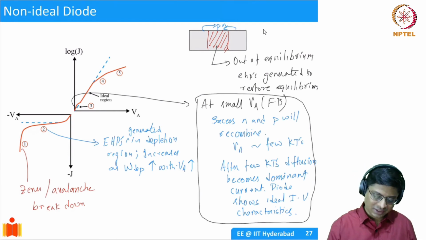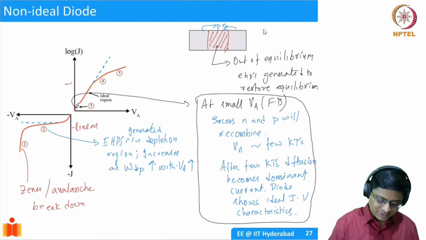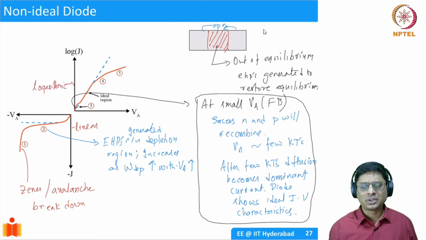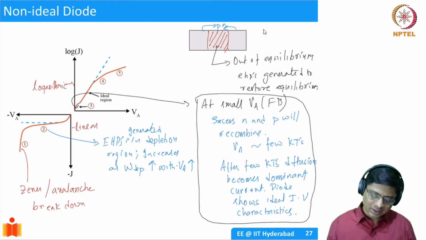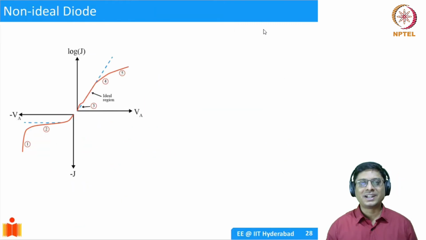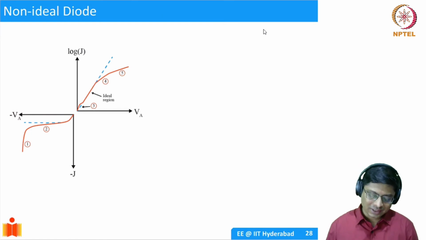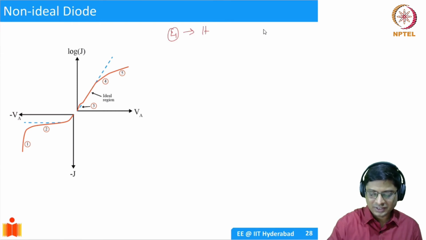And remember, this is linear, and this is logarithmic. So you will not see much of a change. It's going to be a small, tiny blip at small gate voltages, and then you have the ideal current voltage relationship. Well, as you keep increasing, you get into another type of non-ideality. After a certain voltage, you get into a certain non-linearity, which we call high-level injection. Here, 4 is what we call high-level injection.